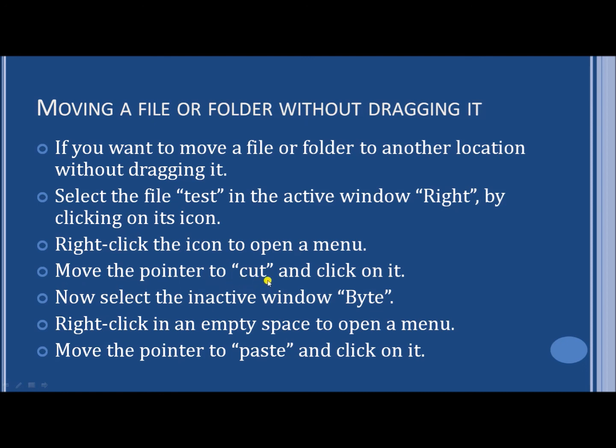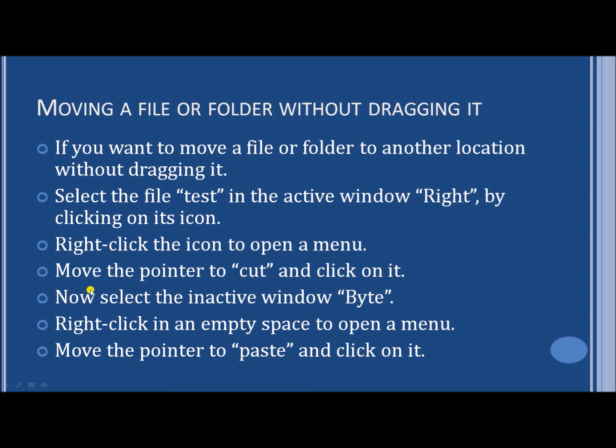In the previous method, you dragged the test file from the right folder to the byte folder. Now you are not dragging it, but you are right clicking on that test file and a menu will appear. From the menu you have to click on cut. Cut means this test file is being erased from that location because you are cutting it from there.